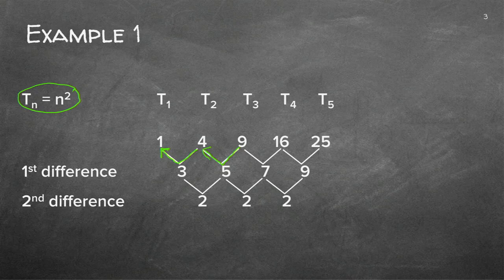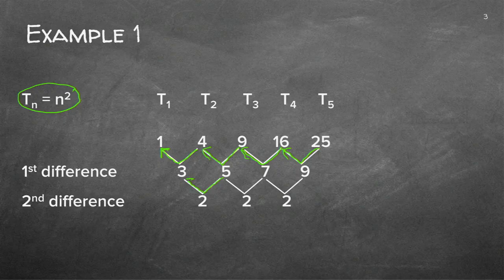Oopsie, now I see something. The first differences, as I know from arithmetic sequences, were always the same. But now I'm on quadratic sequences, and the difference is not the same anymore. Let's check further. 16 minus 9 is 7 in that direction. 25 minus 16 is 9 in that direction. So now I see all the first differences are not the same, as in an arithmetic sequence, because it's not an arithmetic sequence. Let's check the second difference.